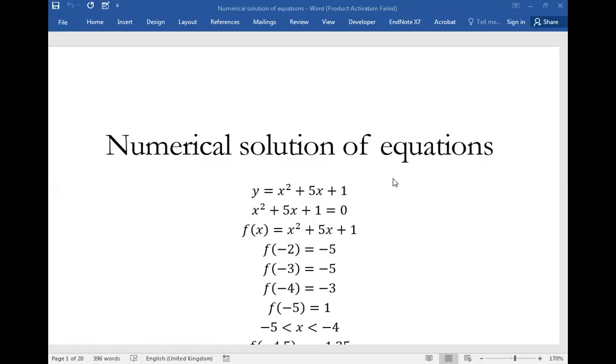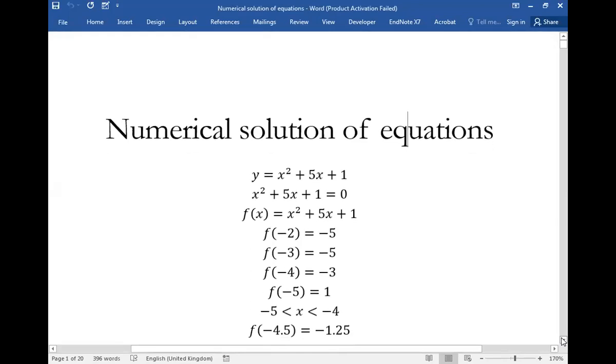Solutions of... Let's start with the topic numerical solutions of equations. This is a very easy topic. The steps and the calculations involved are very easy, and there is just very little concept that you need to